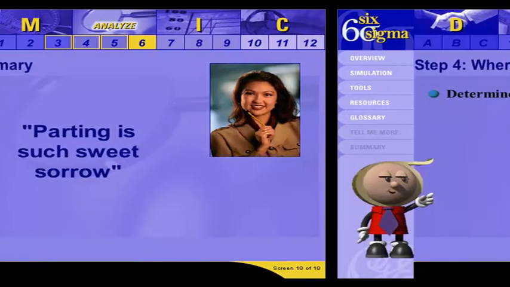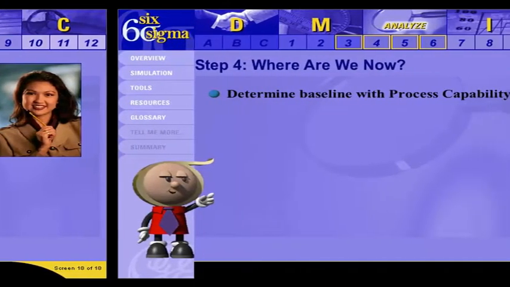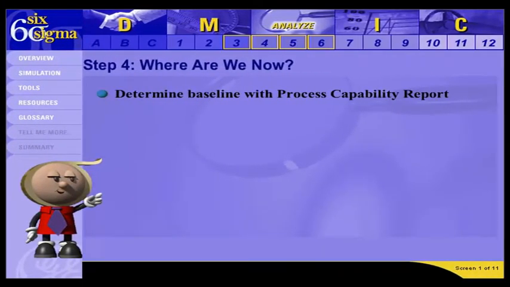Welcome back. Master Black Belt On really enjoys analyzing data, doesn't she? We're going to take a quick look at what Analyze covered and then ask you a few questions about the